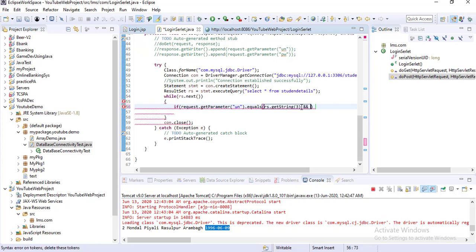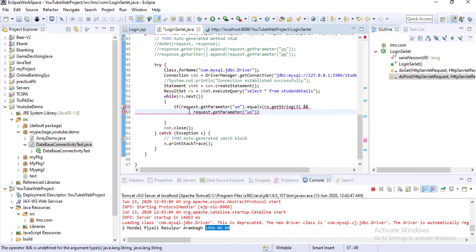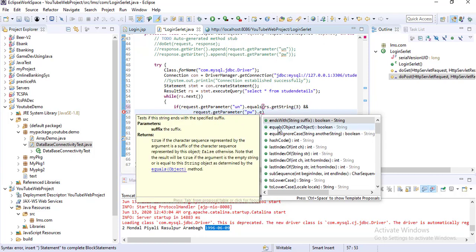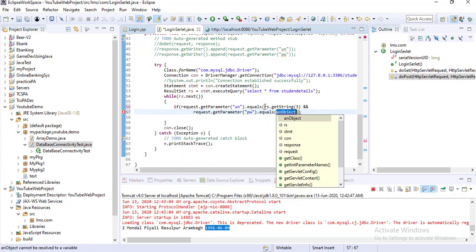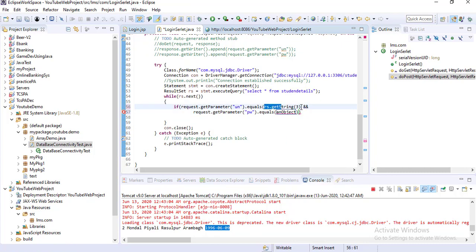I'm checking request.getParameter for the password, with the parameter name pw, .equals rs.getString, and here the last one, 1 2 3 4 5 6, so I'm checking it with 6.